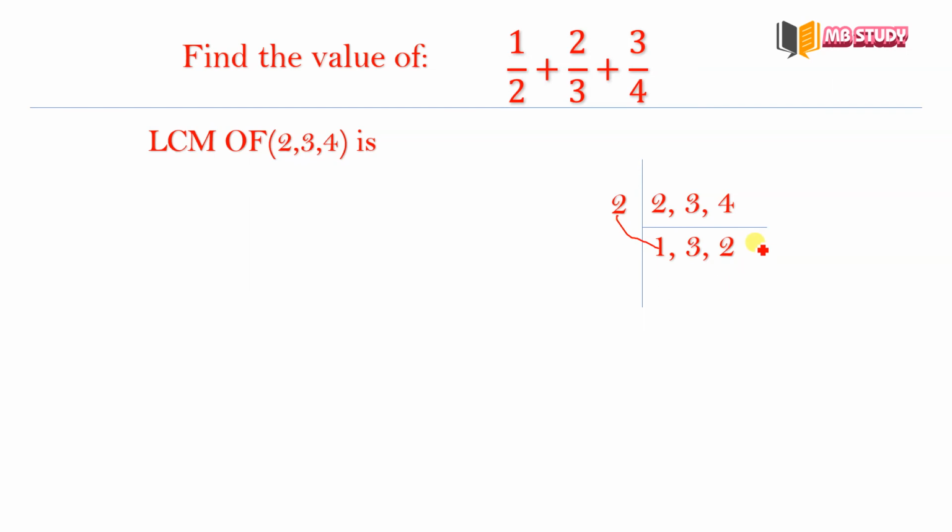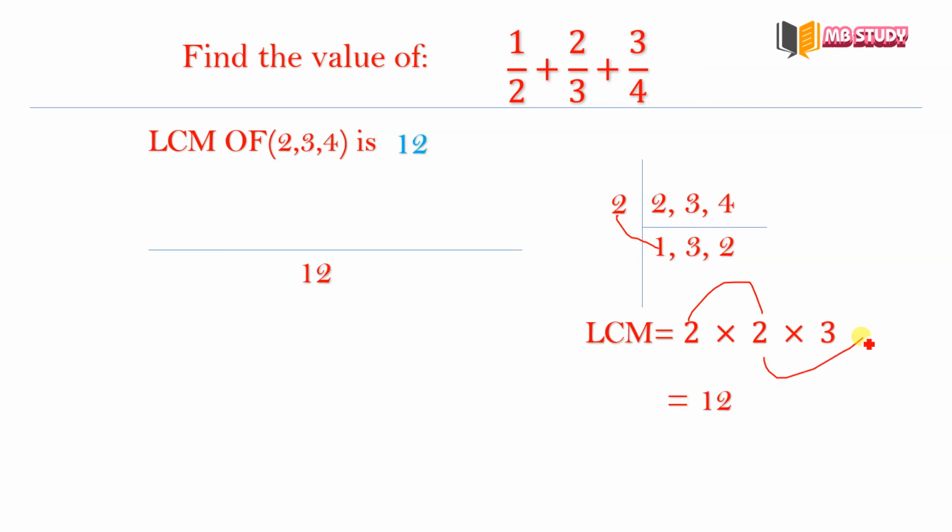If you observe, there are no common factors for 3 and 2, so we stop finding the LCM here. Simply multiply these, there is no need to multiply with 1. We have to multiply the numbers other than 1. One more thing, write them in order so we can easily get the answer. 2 times 2 is 4, 4 times 3 is 12. 12 is our LCM.